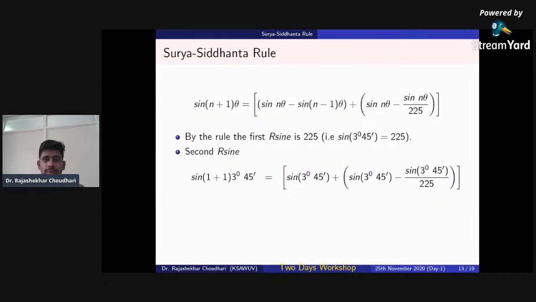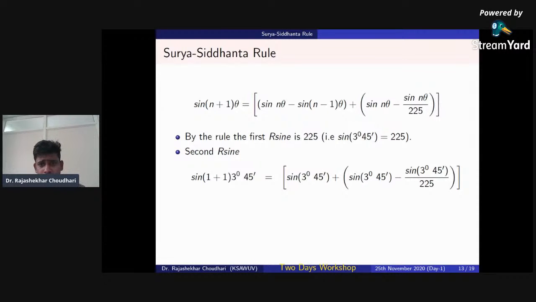3 degrees 45 minutes is equal to 225 minutes, because if I convert 3 degrees into minutes, I have to multiply it by 60. So 3 into 60 becomes 180, and adding 45 minutes, 180 plus 45 comes to 225 minutes. So substituting n equal to 1, it is sine of (1+1) into 3 degrees 45 minutes, which is equal to sine of n, where n is 1 and theta is 3 degrees 45 minutes, minus that term, which becomes 0 because sine of (1-1), that is sine 0, is 0. So the second term will not